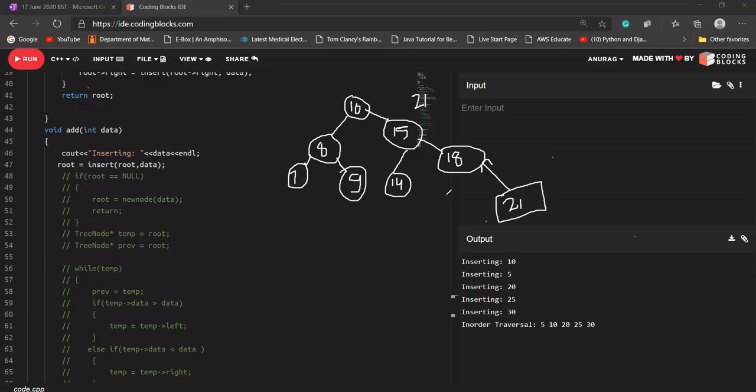Okay. So what I'm going to do now, I'm going to do it for if it is having only one child. So for that, let's say I'm talking about the deletion and I want to delete 18. So 18 is having only one child. So if 18 is having only one child, in that case, I'm going to directly delete 18. I'm going to add 21 here. So what I'm doing, I'm deleting this node, and now 15's right will be pointing to this 21. Okay.